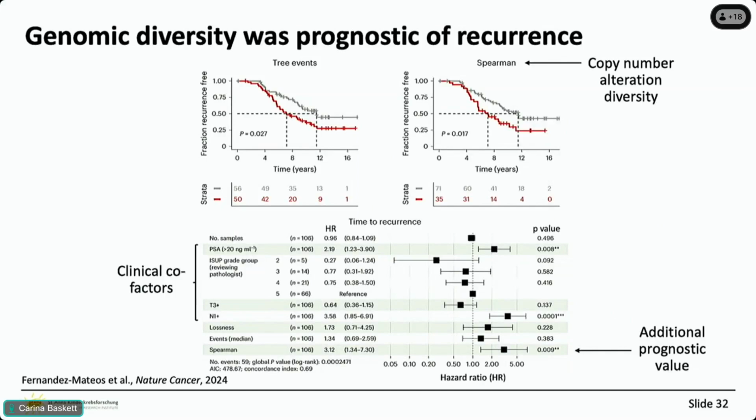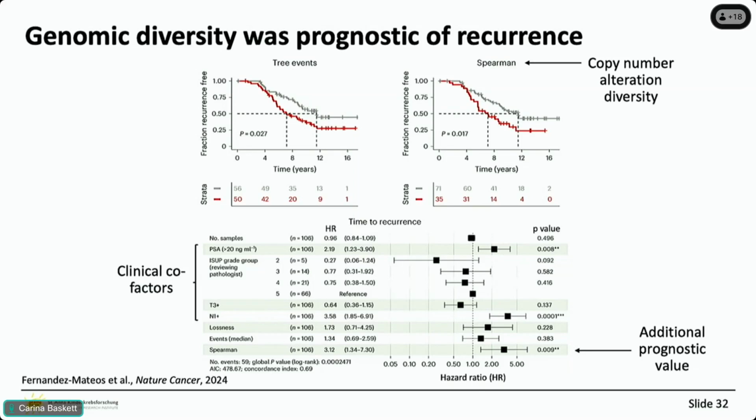And what we saw is this was really nicely predictive of patients recurring quite a few years earlier in these prostate cancer samples from the point of diagnosis. And the really cool thing was that because it was a clinical trial, we also had all this important clinical information, because we have to also ask ourselves, does it have additional prognostic value on top of what's already used?